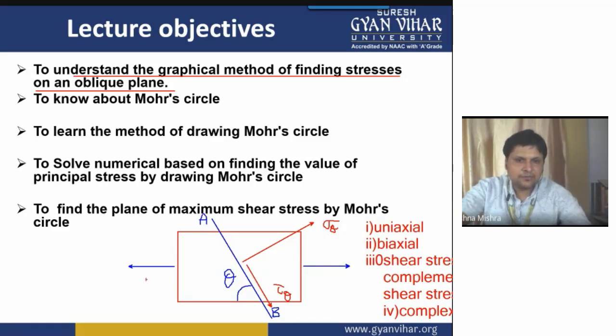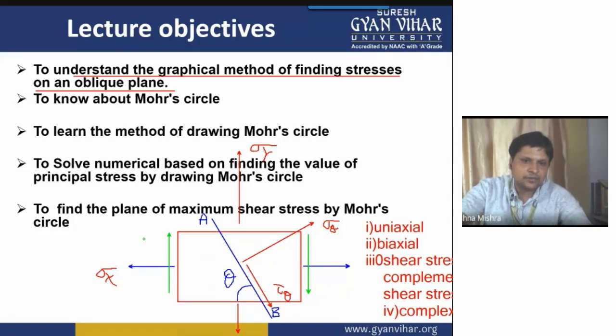Like in this way. In this, you are having a stress along x-axis, let's represent it by sigma x, and you also have a stress along y-axis, let's represent it by sigma y. So this becomes the case of biaxial loading. Now, along with it, if you also have one shear stress acting along any plane, for example, if the plane is along x-axis but in y direction, that is known as tau xy. So if you have a shear stress as well as biaxial loading, such cases are known as complex stresses.